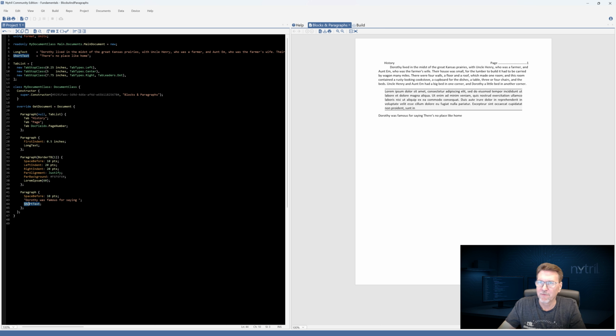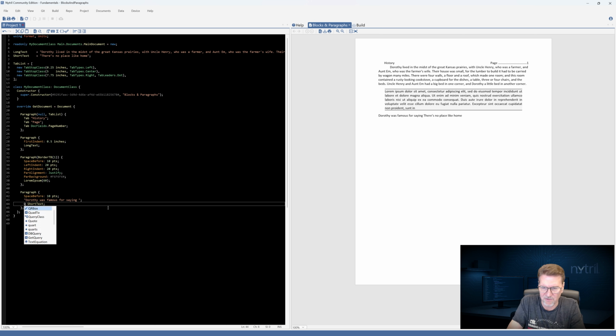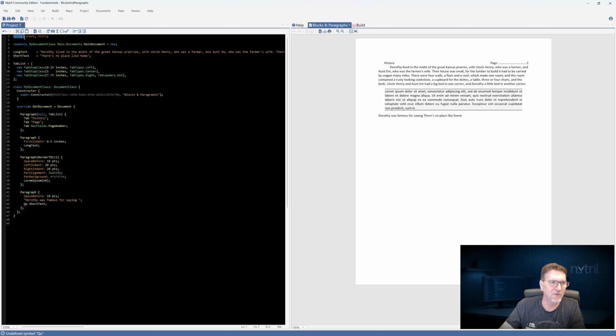And we want to go ahead and put quotes around this quote here. So we could do that multiple different ways. We could put them inside the string. There's multiple ways to do this, but Nitrile in format class up here where it says using formats has a few character shortcuts, and it just so happens that quote is one of them.